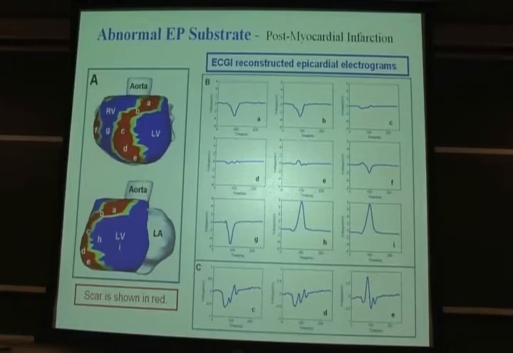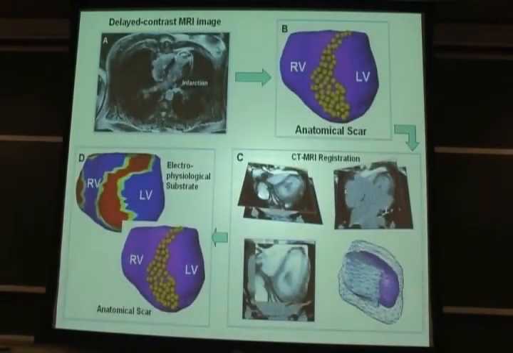And so now, how do you know what you've done corresponds to anything in reality? The other method that measures and delineates scars is gadolinium delayed contrast MRI. And there are several people here who know about MRI much more than I do. But anyway, we teamed up with Pam Woodard, and we compared it to gadolinium enhanced contrast MRI in these patients. And Young was able to co-register those images with the CT that we use for our own